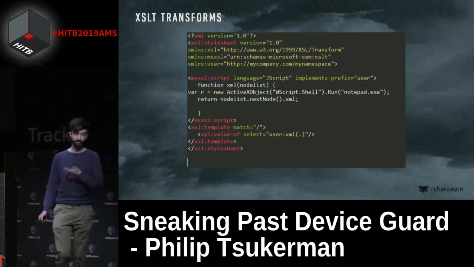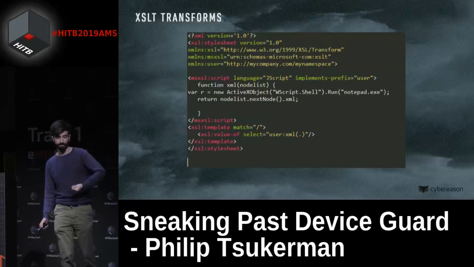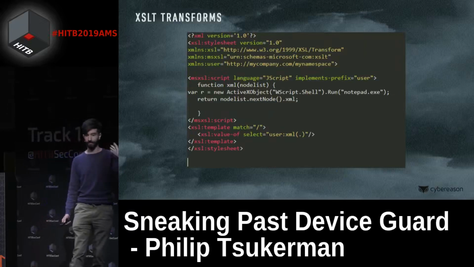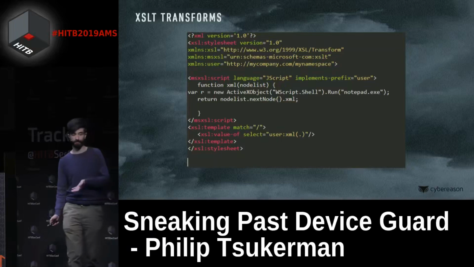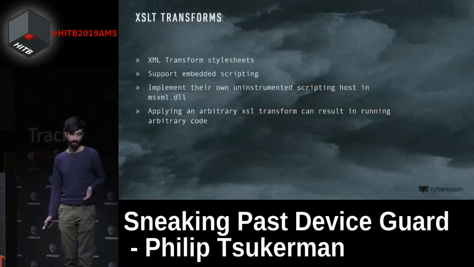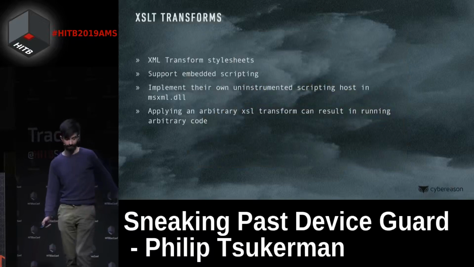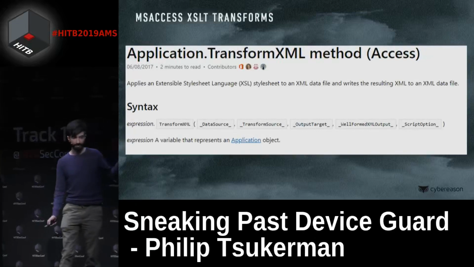So if you can somehow run and transform an XML file using an arbitrary XSL transform, you again can run unsandboxed JavaScript or VBScript or whatever. A couple of ways to do this, again, using Office, is for example